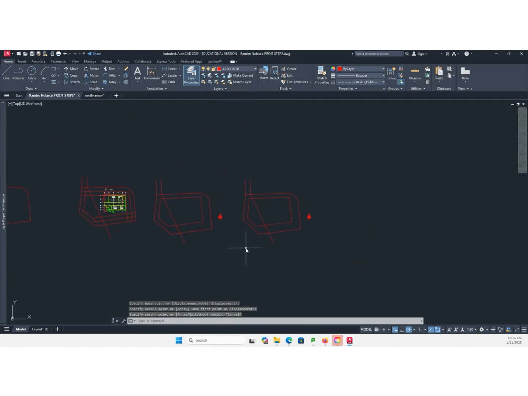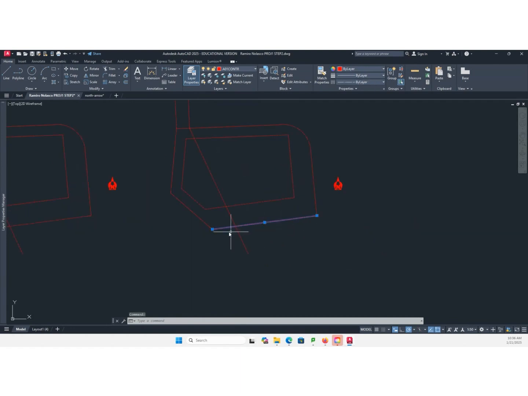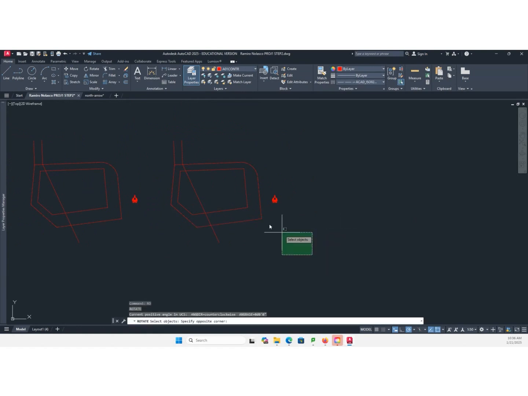Copy that. In your class, I'm going to make this the orientation for your building. So that will be the orientation for your building. It should be aligned to this. So I'm going to rotate this. Base point. This will be the base point. Now, again, I don't know the orientation or the angle to make this align to the 0 degrees, I'll use reference.